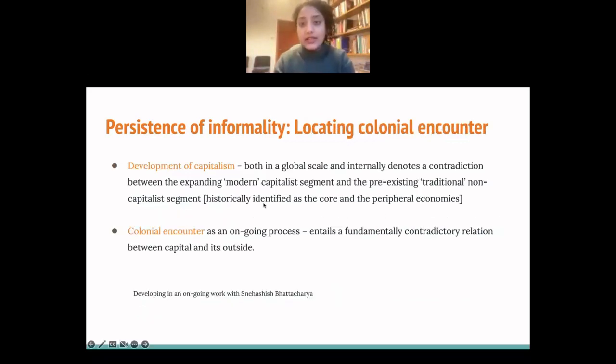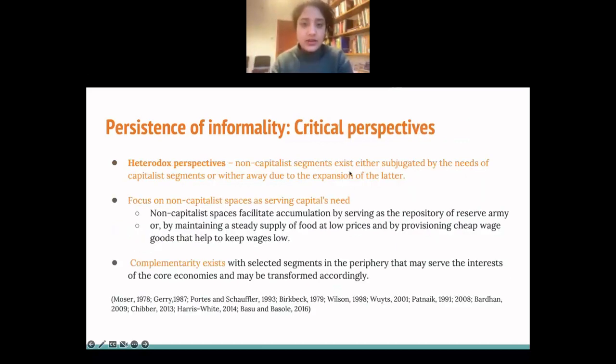On the other hand, there were some heterodox traditions. I'm going to skip over this slide, I'll come back to it. There were some heterodox traditions which were saying, no, actually, these segments have existed because the formal capitalist segment needs them to exist. What was the need? It could provide cheap inputs into the production happening in the formal capitalist sector. It could be a way to have cheap labor available for that kind of production, because